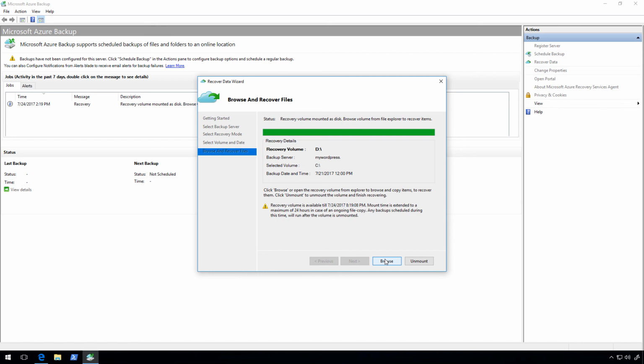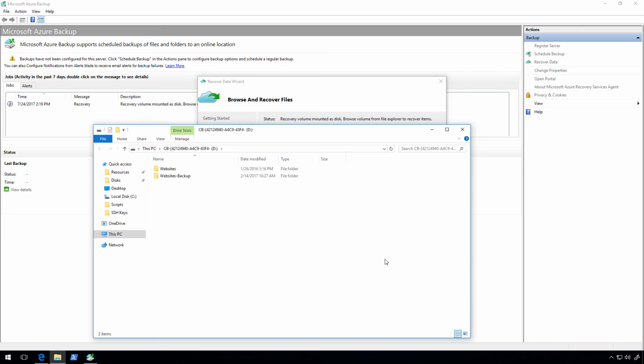When I click Browse, I am presented with the data I can restore from. I will select the files I want to restore and copy them to the folder I have created on the local drive. The copy can take a while depending on the amount of data that needs to be restored. It is advisable to restore the data to a dedicated volume with enough free space to restore the data you